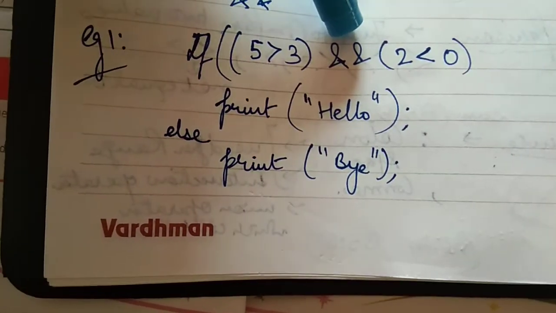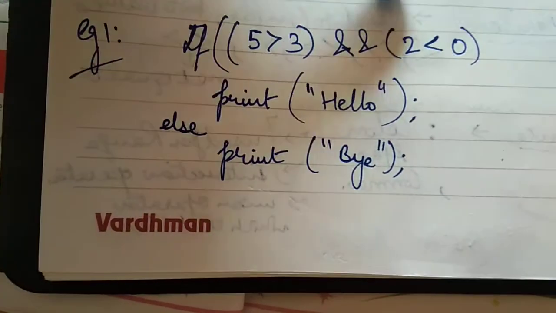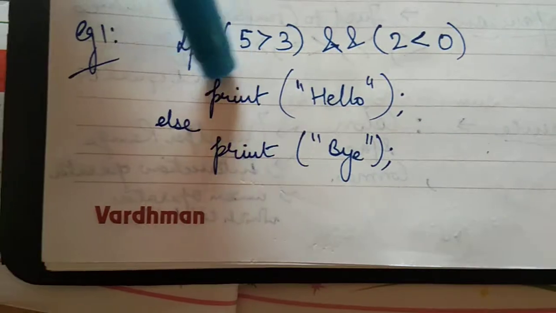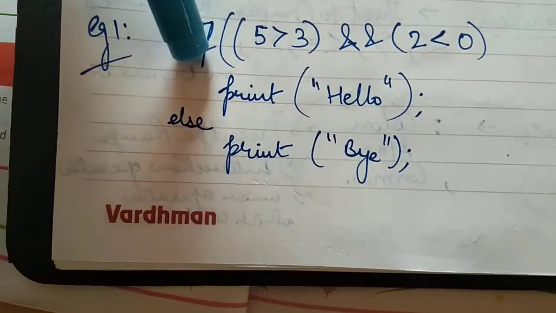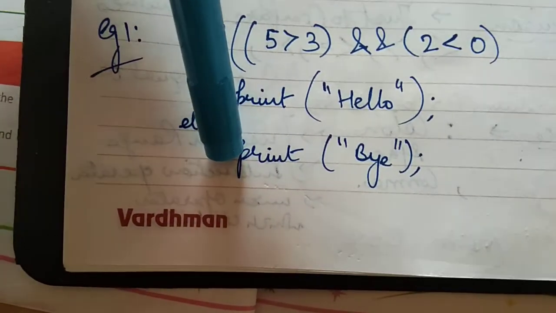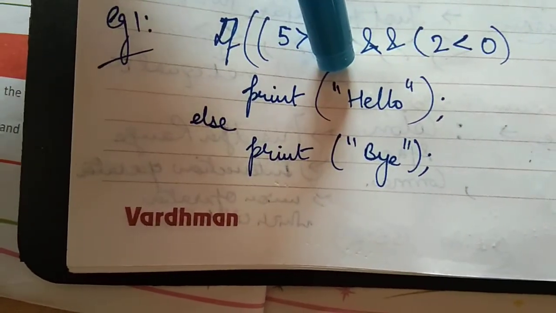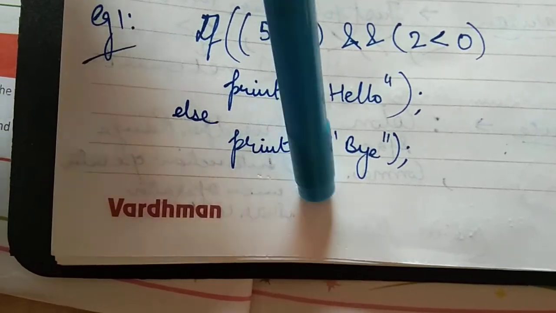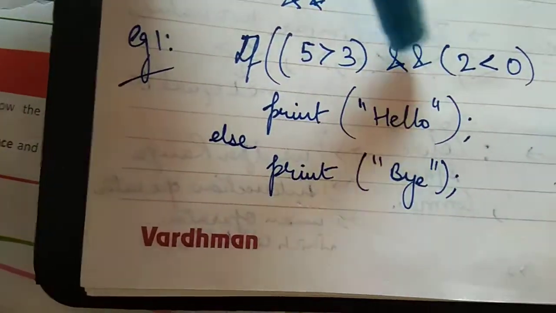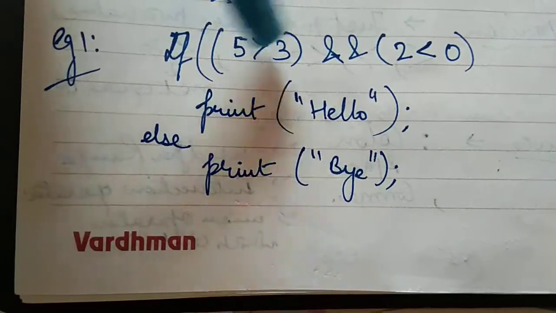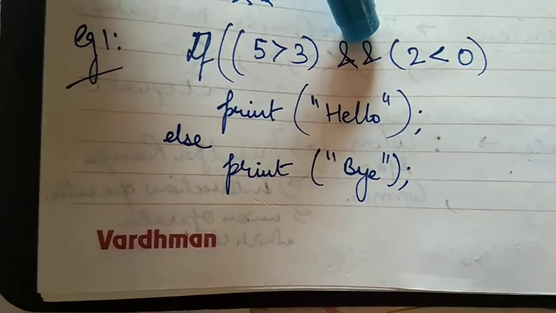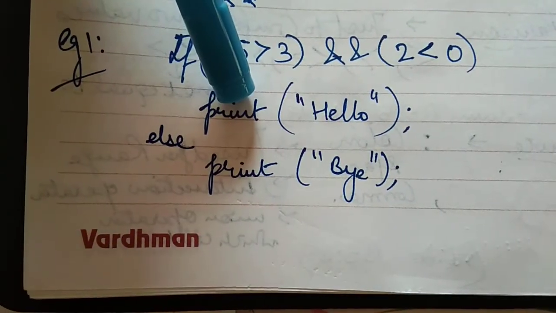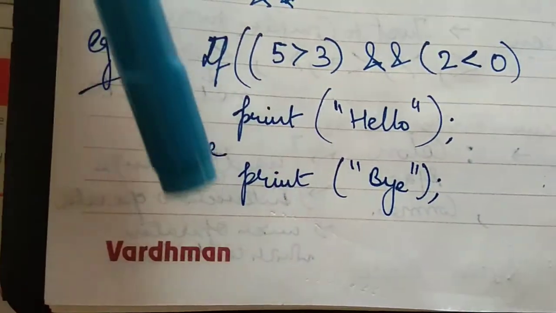But the AND operator says that both conditions must be true. So it means this statement will not be executed; the if block will move to the other statements. Rather than showing hello as output, it will show bye as output. That means the AND operator says both the conditions written on the sides of the AND operator, if both are true, only then it will be executed, otherwise not. Suppose I change some example.